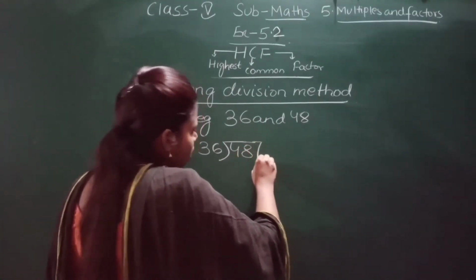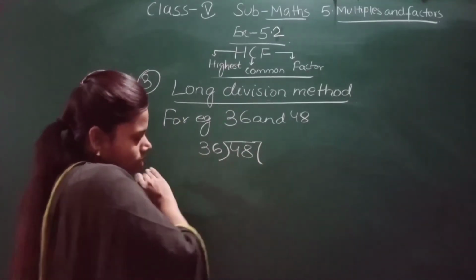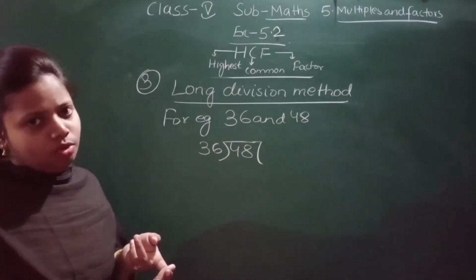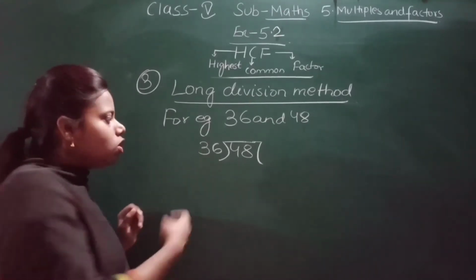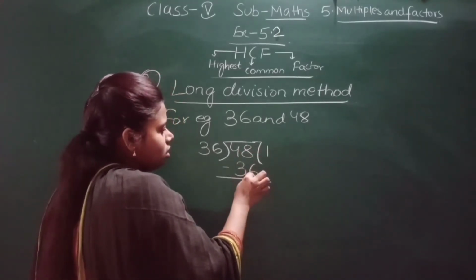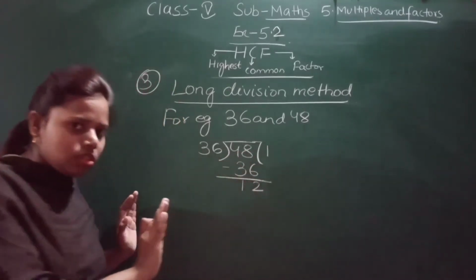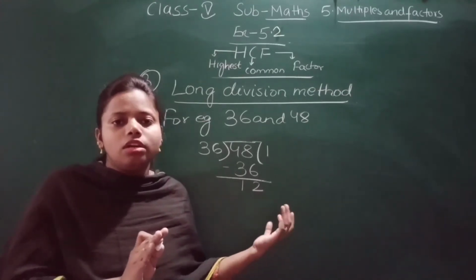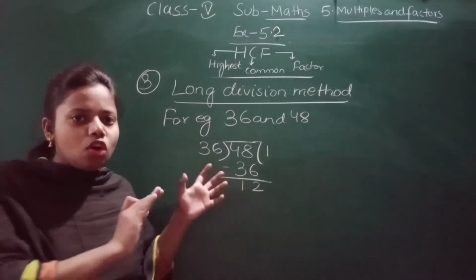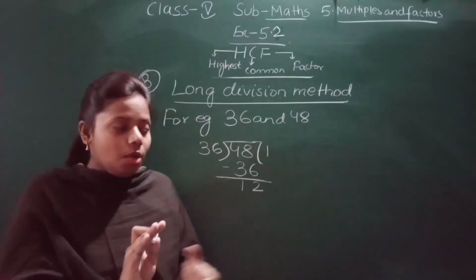Now let us begin. It is very interesting. Now we will read the 36 table. In the 36 table, 36 1s are 36, 36 2s are how much? 72. So in the 36 table, 48 doesn't come. So we will write 36 1s are 36. So 8 minus 6 is how much? It is 2. 4 minus 3 is how much? It is 1. Okay, done this much. You see that we have not got 0 as a remainder. We have got some remainder, and that is 12. But we have not solved this yet, because we want the remainder to be 0. But here we have got 12.